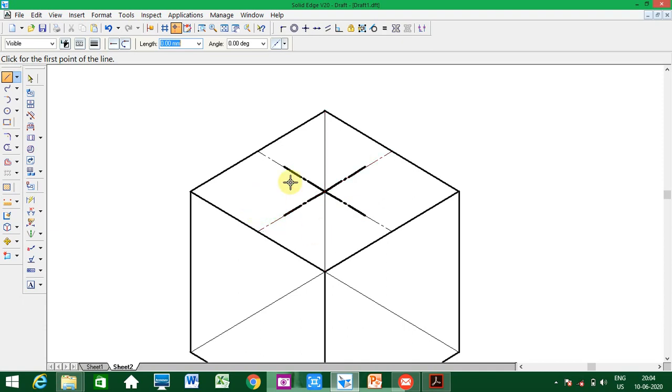So what do you do here? Manually it is very easy to draw. So I'll draw a line here. See, parallel. Can you see the parallel symbol? Manually it is very easy to draw parallel lines. So I maintain 15 here. Okay. See the parallelity.